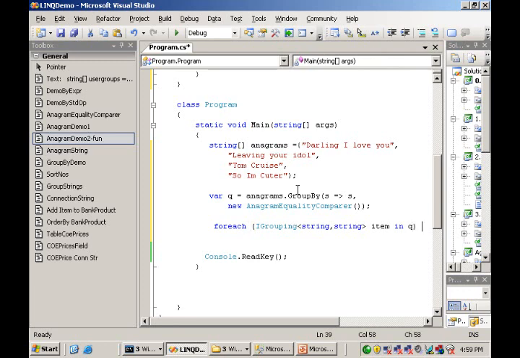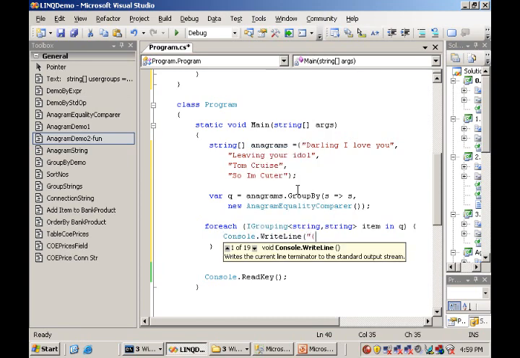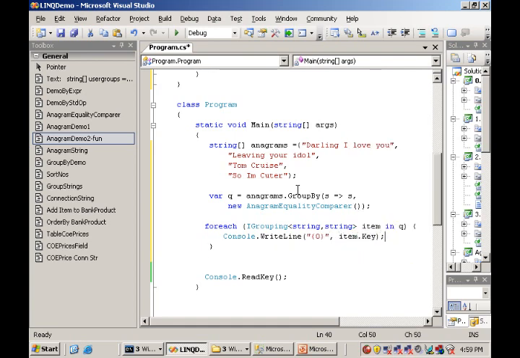Let me shift this a bit so you can see it. Right now, let me just write out the keys. Again, we do our familiar Console.WriteLine, and you have item.Key. Let's just run this just to see what it looks like. And when I run this,